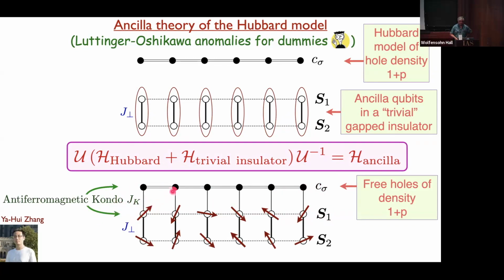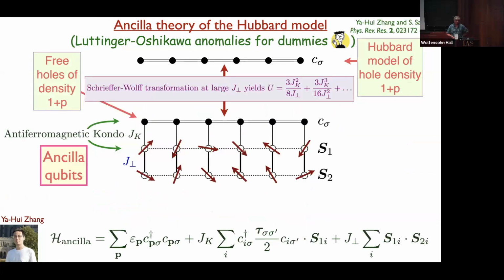But what we gain, at least formally, is that these electrons here become free. So you have free electrons coupled to an antiferromagnet now. So here's a more precise way of thinking about it. In fact, it's easier to go backwards. Suppose I start with this model of free electrons coupled by JK to this bilayer antiferromagnet. Then I can do a canonical transformation order by order in JK, where these are projected onto their singlets.